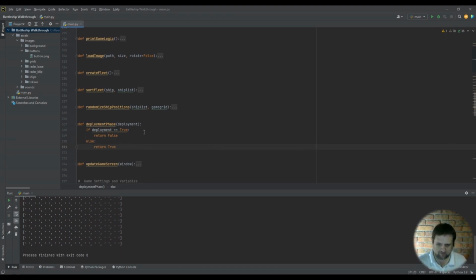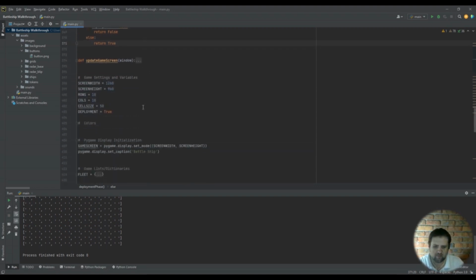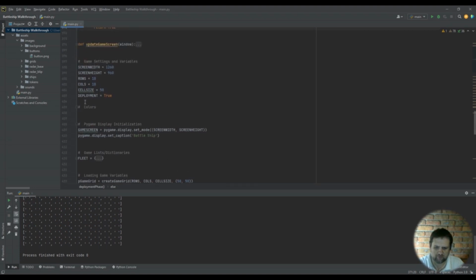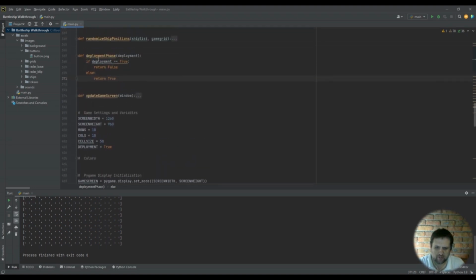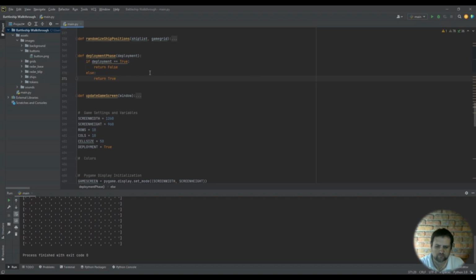I'm trying to do this through a function to change a variable instead of doing a global variable, which is a lot simpler, I agree. Let's just see how this would be done. So our deployment says it's true. We want to run our deployment phase, but we only want to run this function if that button is ever called. Okay, if that button is ever called,